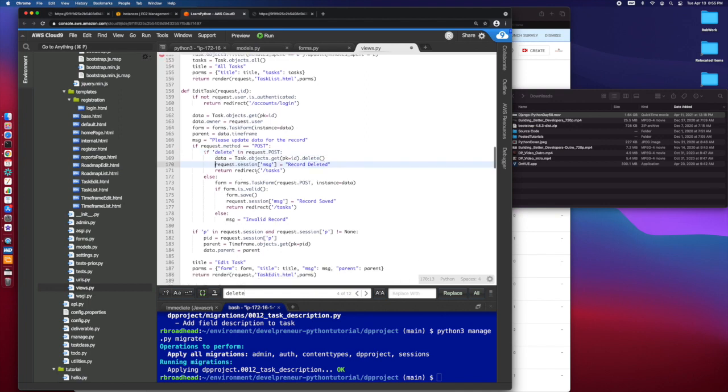So here, the redirect is not going to be there. It's going to be TF. And then we're going to do a string of its parent, which we don't have, so we're going to have to store it real quick. Oh, we do have parent. There we go. The data time frame. So parent dot ID,